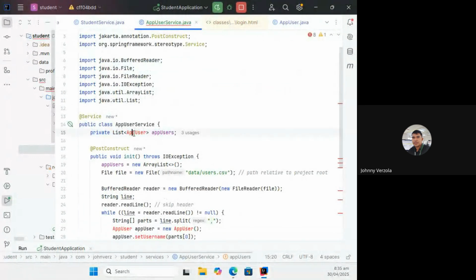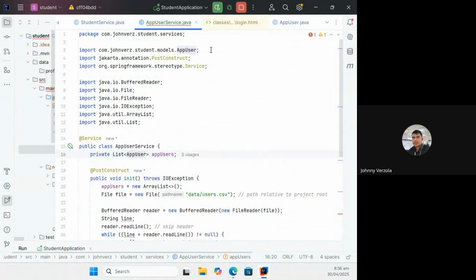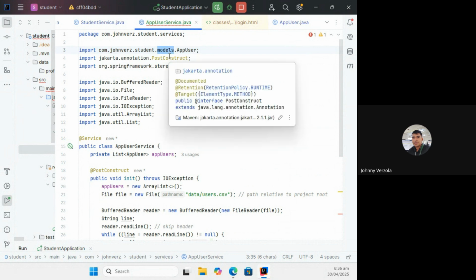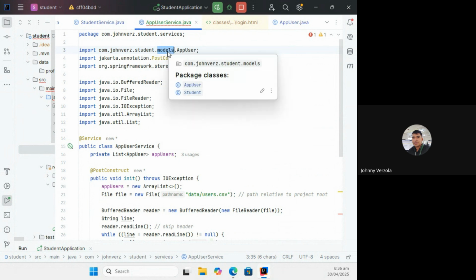I'm just going to import this because this is coming from a different package already. It cannot find it here. They do not belong in the same package, that's why you have to import it. This is how it looks like when you are importing from a different package. If one class references another class and they belong to the same package, you don't have to import. But if they belong to different packages, you have to import them because they do not see each other directly. They belong to different parents already.